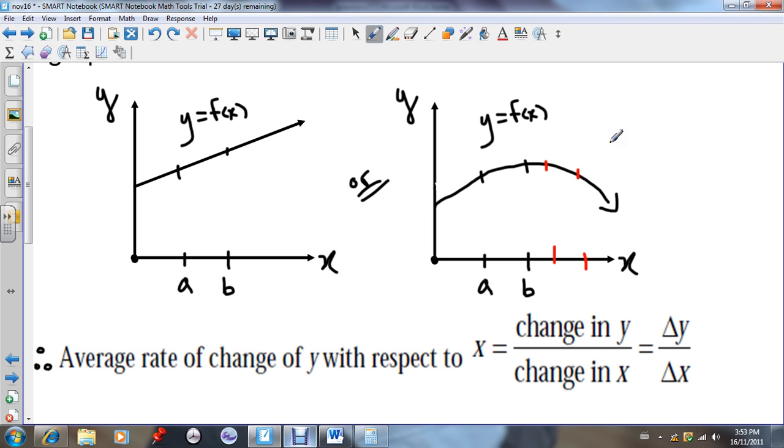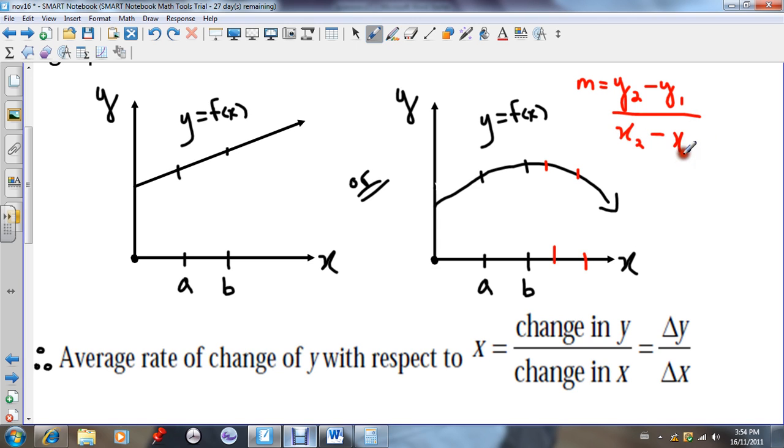Defining average rate of change of y with respect to x, we write it as below. You see right here, the change in y over the change in x equals triangle y over triangle x. Now, you may say, sir, what's that? That only means, the triangle means change in y divided by the change in x. That's all it means, no more, no less. So really what we're doing, do you remember the slope formula? m equals y2 subtract y1 all over x2